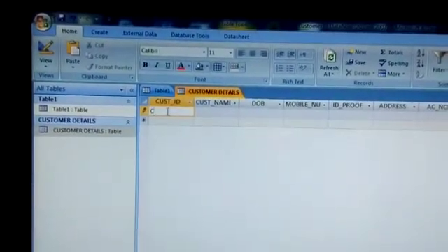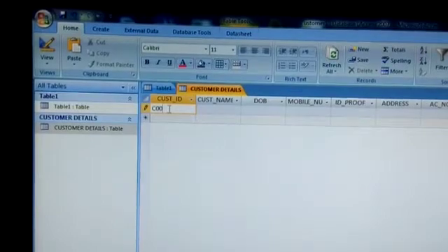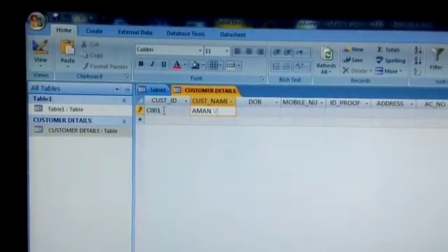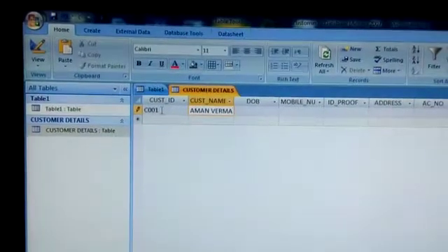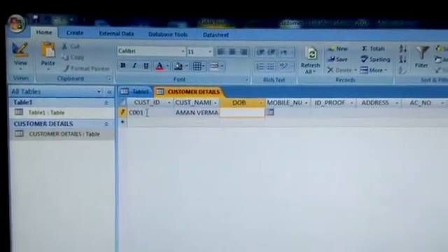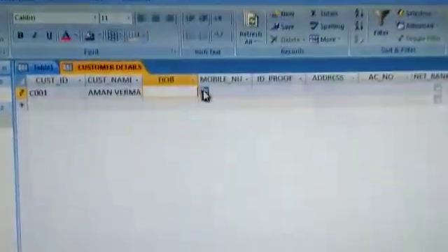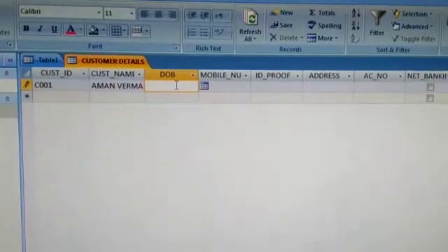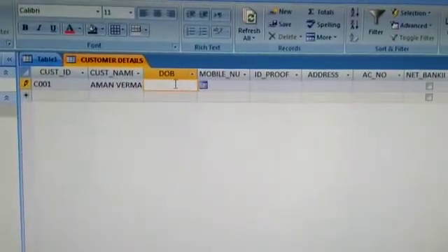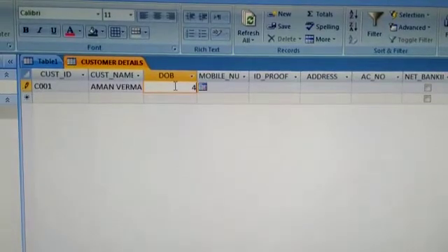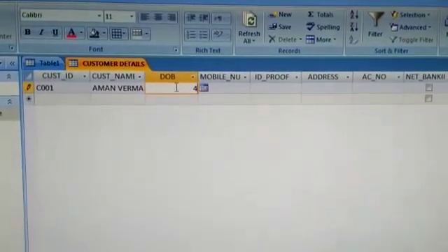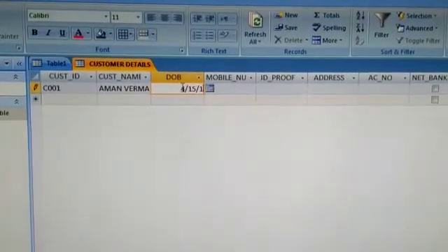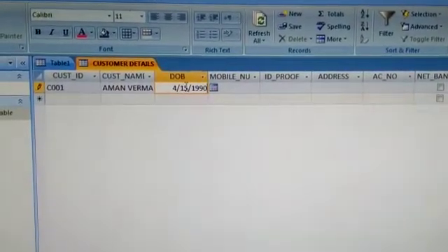Customer 1, suppose it is C001. Name, Aman Verma. Date of birth we can select from the calendar available or we can type. I will type the date of birth in MMDDYY format like April 15, 1990.